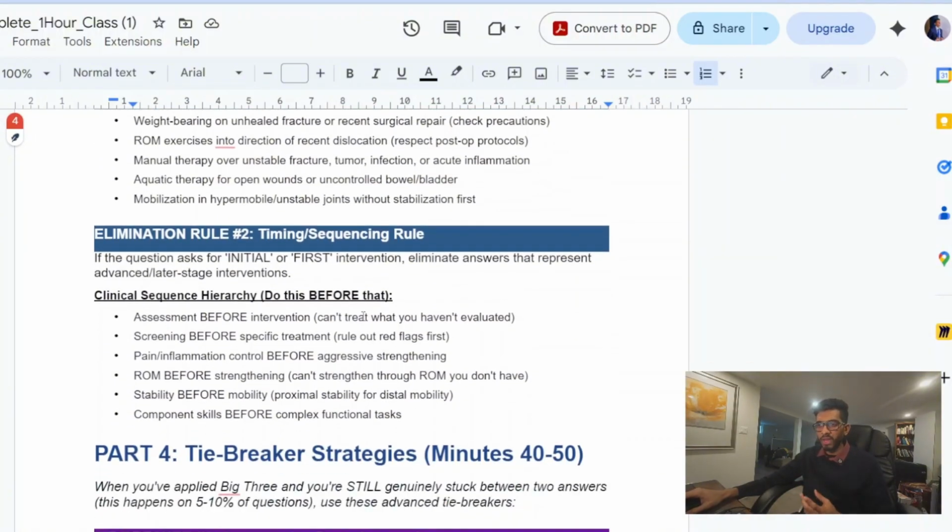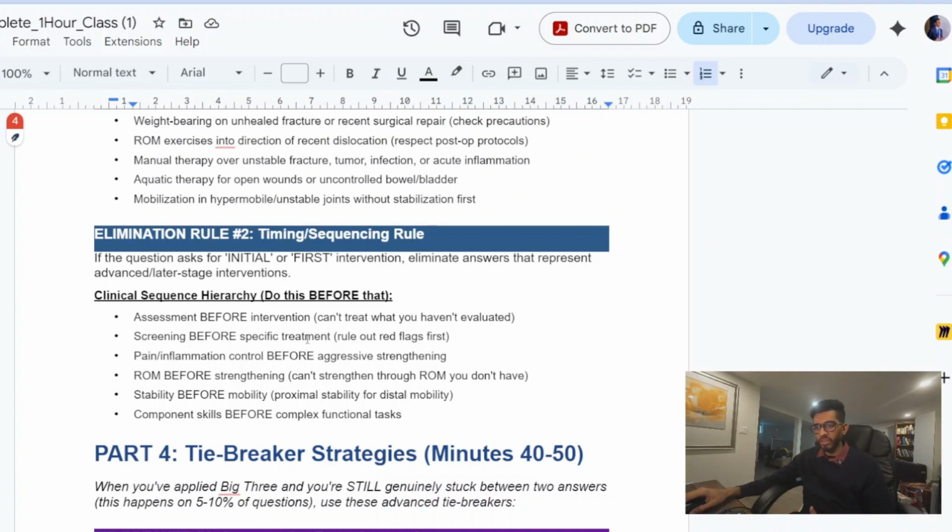Elimination rule number two, the timing and sequencing rule. If the question asks for the initial or first intervention, you need to eliminate the answers that represent advanced or later-stage interventions. This can happen multiple times in the exam. You need to look at the end of the question, which says, what will be the initial treatment that you go into with this patient? You don't want the end goal, the end treatment, right? What is initial? So, assessment before intervention. You can't treat what you haven't evaluated, right? So you're always thinking about a clinical hierarchy that always remains in your head even after completing this exam. Okay,